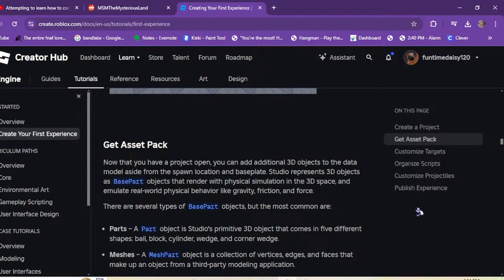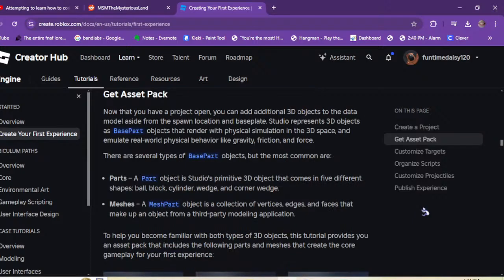There are several types of base part objects, but the most common are parts. A part object is Studio's primitive 3D object that comes in 5 different shapes: ball, block, cylinder, wedge, and corner wedge. Meshes. A mesh part object is a collection of vertices, edges, and faces that make up an object from